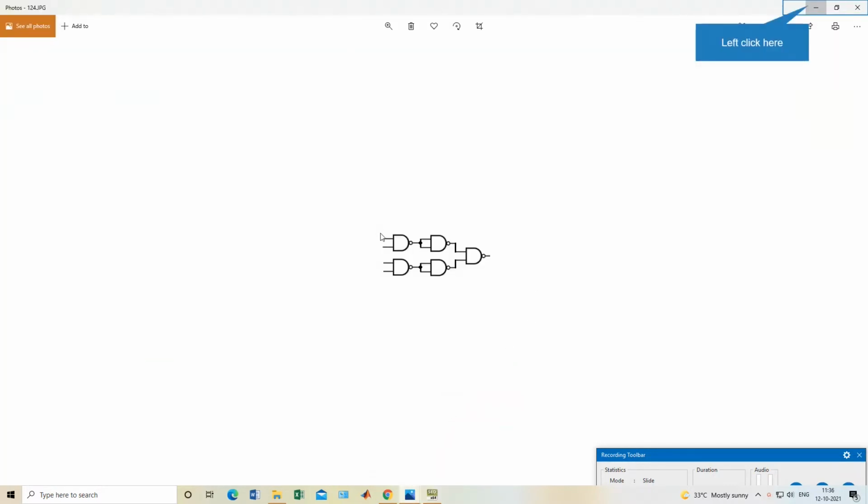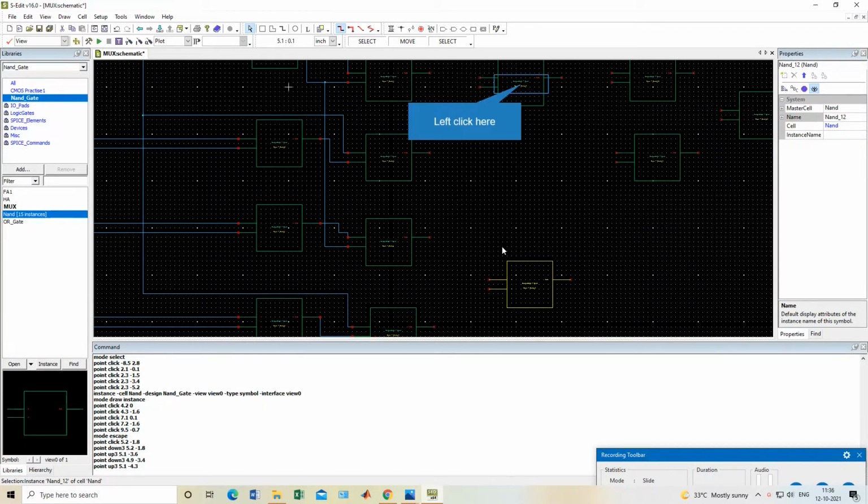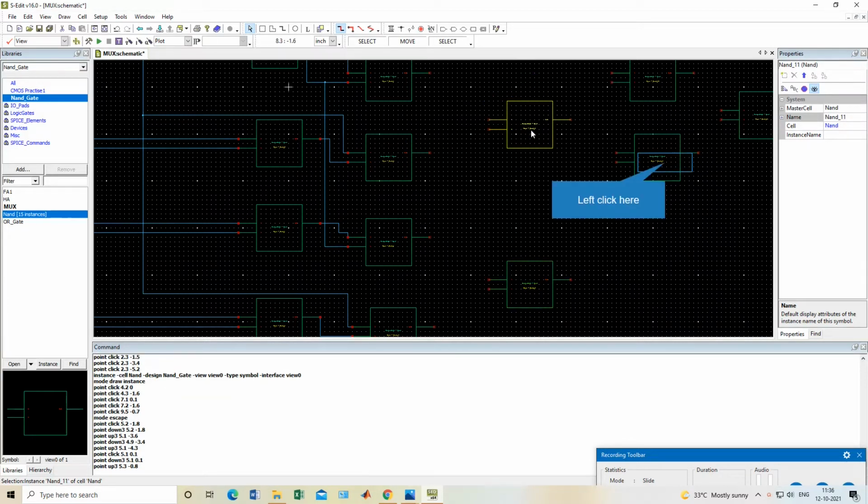Now how will we do it? See, two inputs will come here, A, B, and the next two will come here, C, D. So I will just drag it a little bit lower. I will keep this one for these two, and this one for these two.